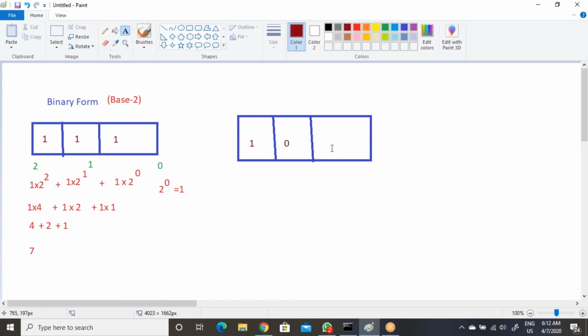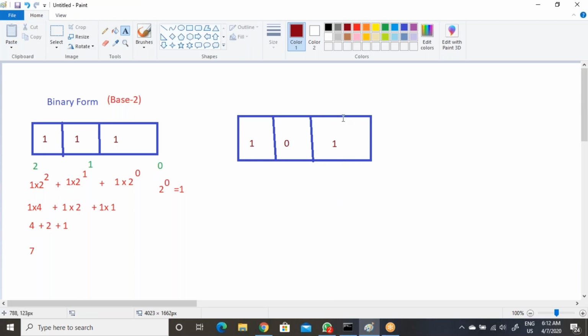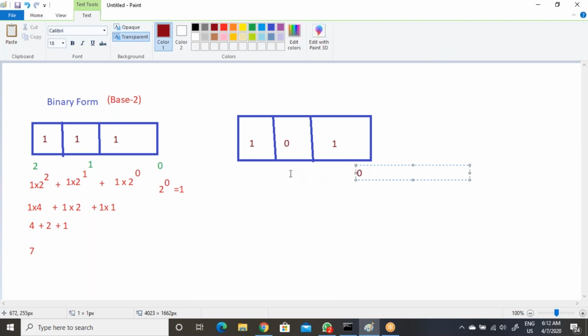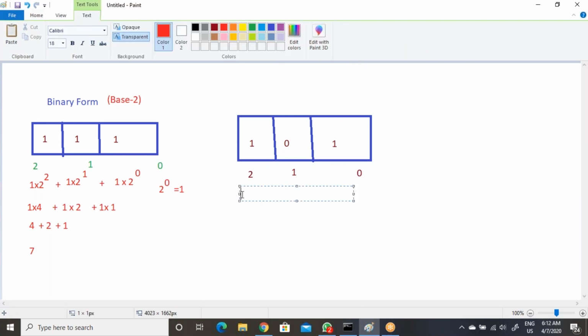Now multiply here. What is the value we have in the box? 1 into base value 2, then this value 2 squared. Again, if you go this approach or that approach, not a problem.